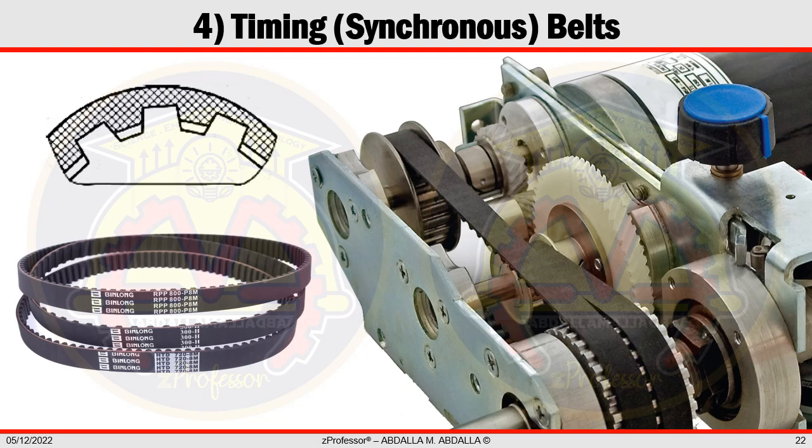Timing or synchronous belts, which are endless flat belts with a series of uniformly spaced teeth on the inner side of the circle and are intended to mesh with complementary toothed wheels or sprockets to reduce slippage, are available in a variety of materials. They are utilized for synchronized power transmission to guarantee that the driven sheave constantly rotates at a consistent speed ratio to the driving sheave. A timing belt's ability to transmit power is constrained by its tensile strength and the cogs' shear strength. Timing belts have the high speed properties of flat belts and a power capacity that is comparable to chain.